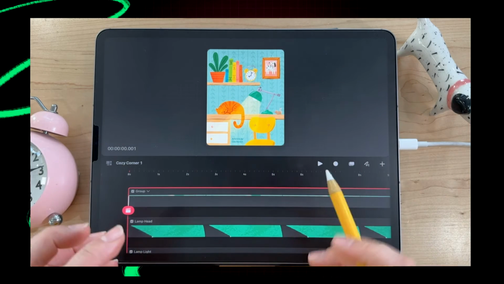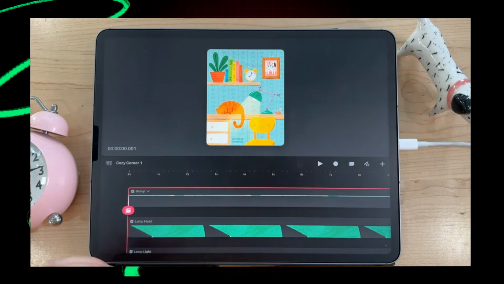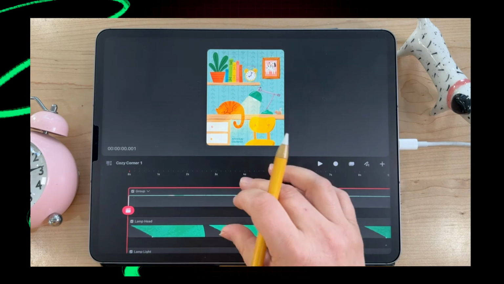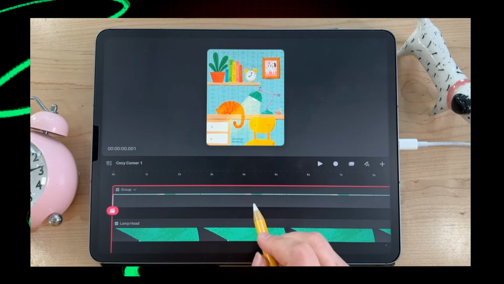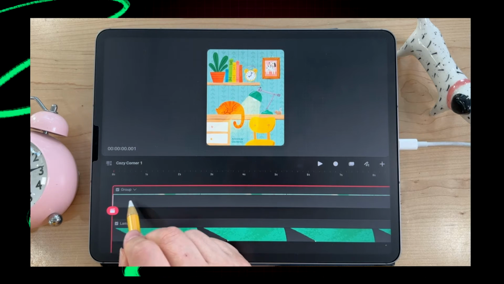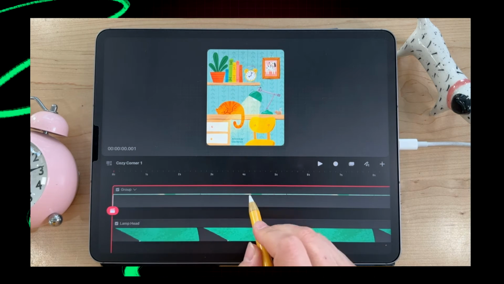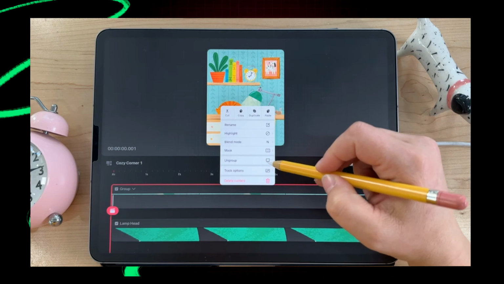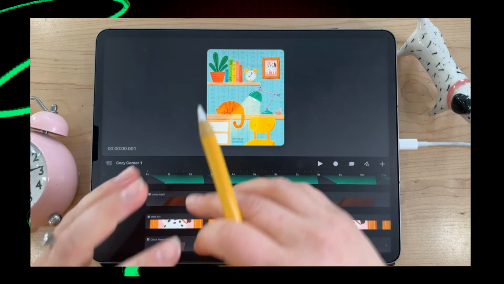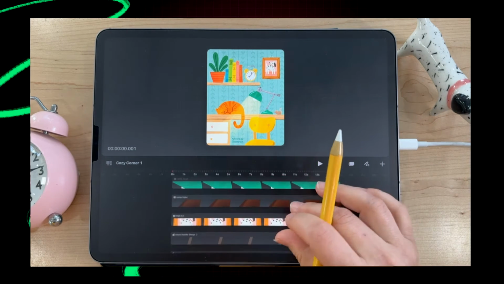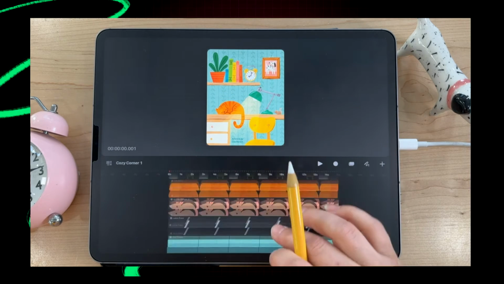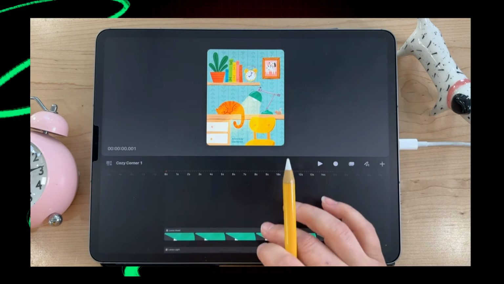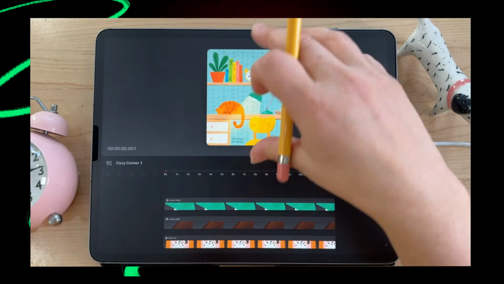All right, so now I'm going to go back up to the top where it says group, and automatically it puts it into a group. Your Procreate file puts all those tracks into a group, but I like to just ungroup them right off the bat. So you can ungroup something by just tapping and holding on the track here that says group. Just tap and hold and choose ungroup. And now everything is just not contained within that group. I think it just makes it a little bit easier. So now you can see all my layers, and we are ready to start animating the different elements of our